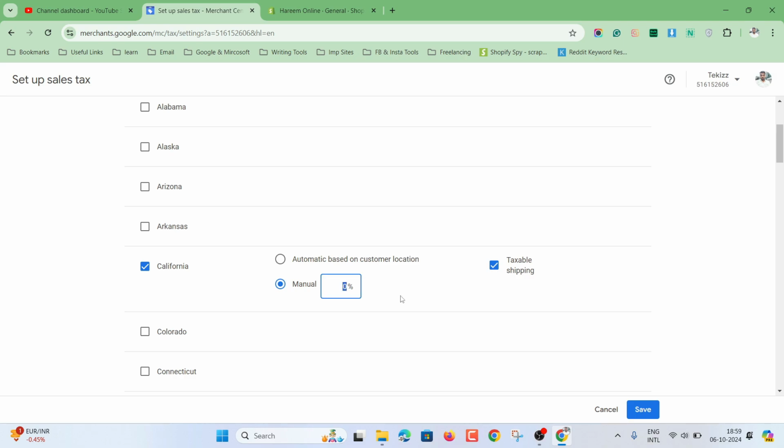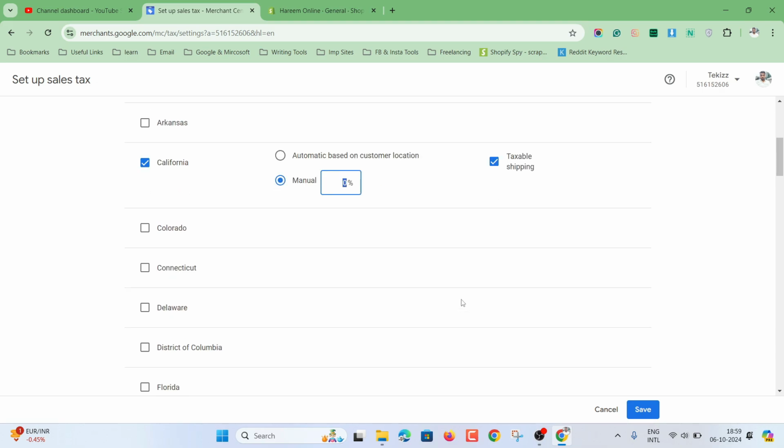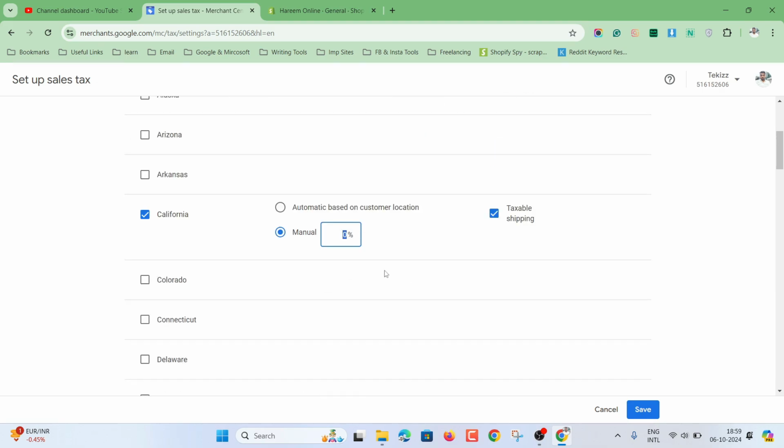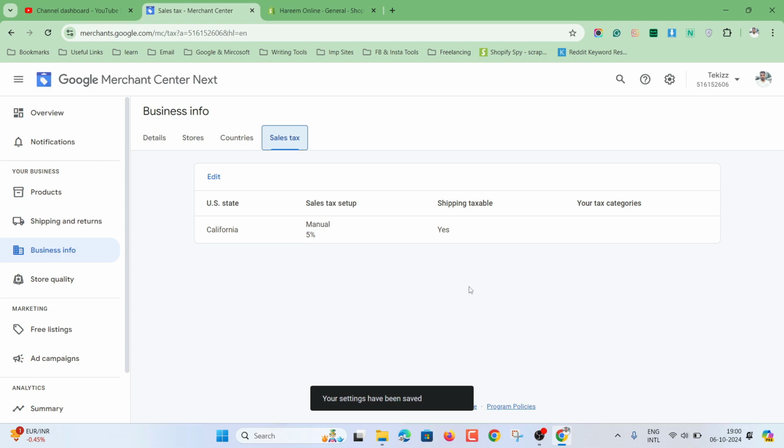To know the correct charges you can take help from your tax advisor, or you can use the internet or Google search to find taxes in that particular state, and you can create the tax setting here. If I'm setting 5% taxes on California and shipping taxable, then after clicking on save I will create the tax setting in Google Merchant Center. You can see that,